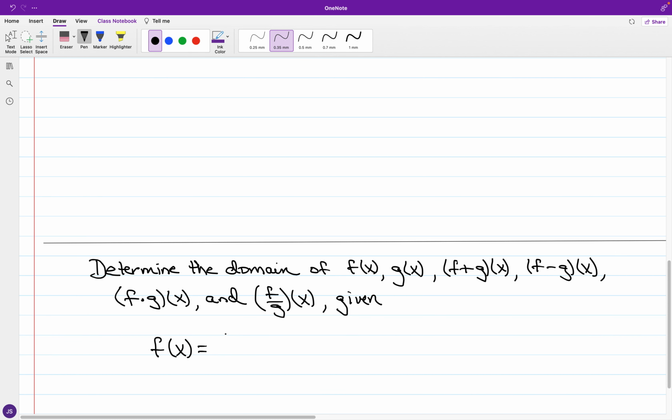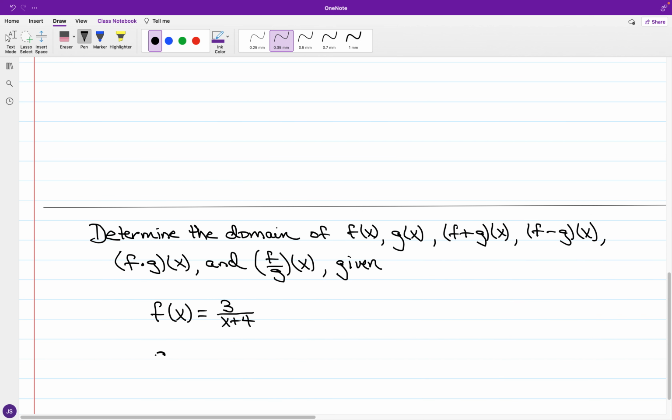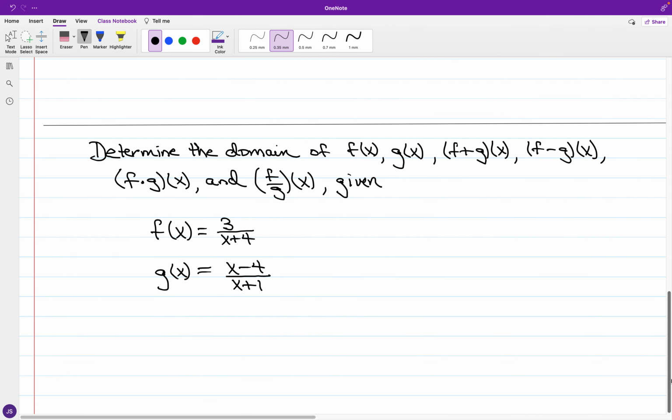And we'll say that we have g of x equal to x minus 4 all over x plus 1. Okay, so we have just kind of creating a backdrop here. So in terms of the procedure,